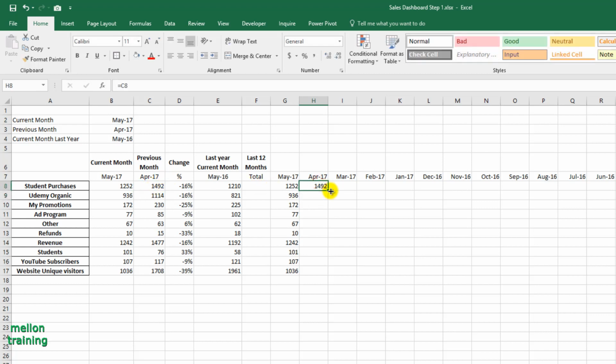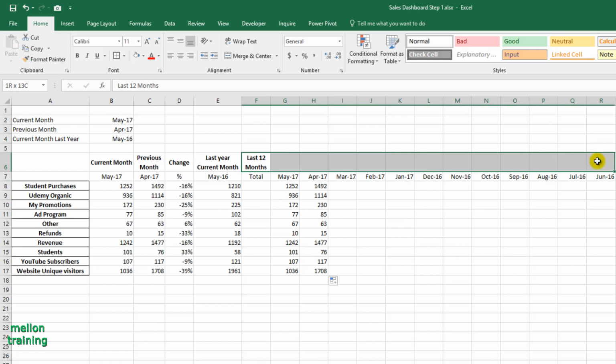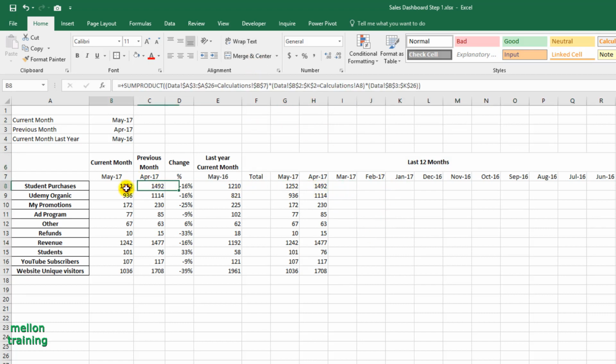Copy, and these 2 months are ready. Let's use SUMPRODUCT to calculate the rest of the months and their values, starting from I8. Copy the formula from B8 and make the necessary changes.